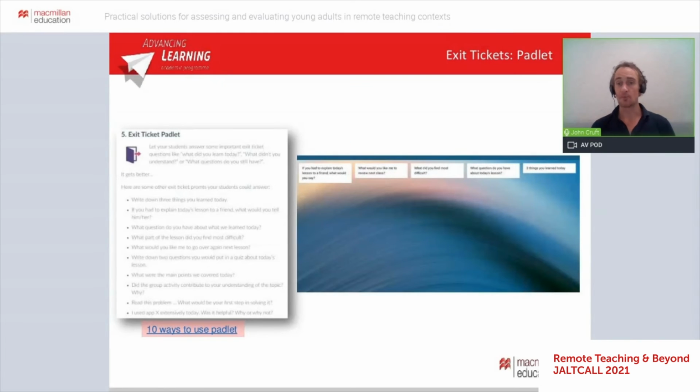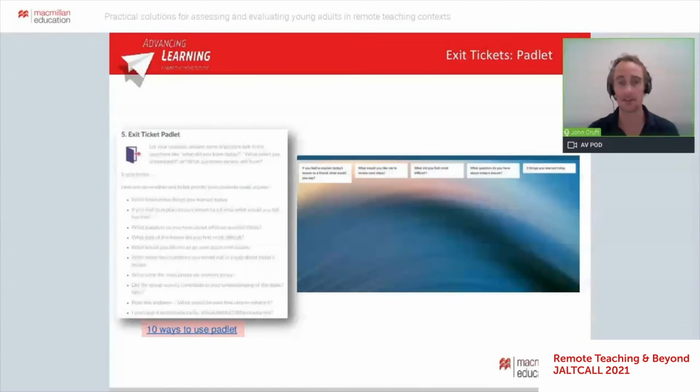There are also sort of shared spaces as well. So some of you may have your own sort of shared space that you use through your institution, or you may use other platforms like Padlet. So Padlet.com is, well, there's a variety of different ways you can use Padlet. There's a link there to 10 ways to use Padlet. But one way may be for exit tickets, to figure out how well they picked up the content of the lesson. But also help you maybe adjust your teaching, or what you maybe want to cover again at the start